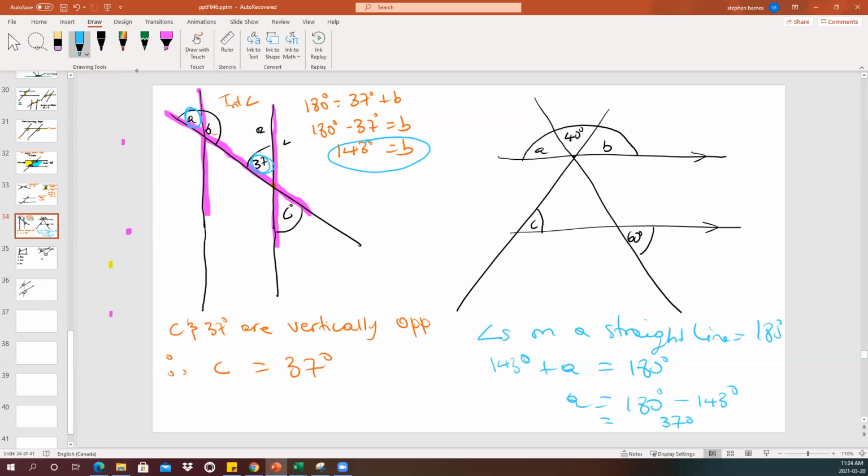But if you saw this first, and I'm emphasizing it because when different people look at different things, different stuff jumps out at them, right? Different patterns jump out at them. So if you saw this first, that this is 37 and this A are complementary angles, and so they are equal, that is perfectly fine. You would have got this to be 37 degrees, and then you could use it to find the angle on a straight line for B, right? And you would get the same